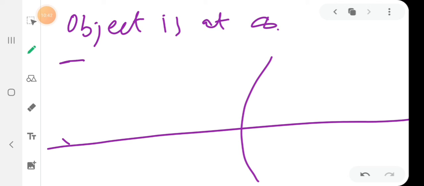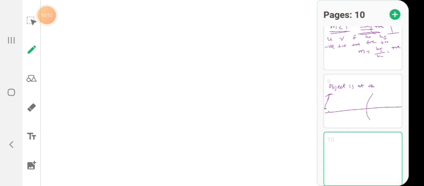What is case 2? When the object is placed at infinity, we don't know where the exact object is. It may be somewhere at infinity. How can we say that the object is at infinity? Suppose this is a convex mirror given, and somewhere here is the principal axis, and somewhere the object is. We don't know the exact place. We can consider that this is the object, which is somewhere at a particular place, we don't know about it. So how does it work? Let us see now. Just suppose the same thing.